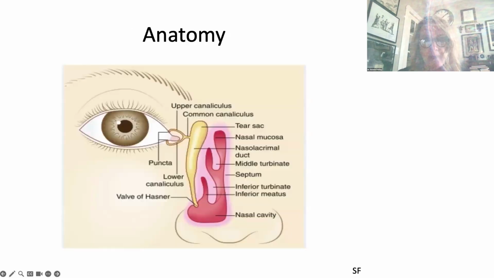A brief look at the anatomy of the lacrimal system is demonstrated on this slide. There's an upper and a lower punctum in the medial part of each eyelid. These form an upper and lower canaliculus, which extends in about 90% of individuals to form a common canaliculus as it enters the lacrimal sac, and about 10% of people lack this common junction before entering the sac. The sac then moves downward, goes through the maxillary bone in the section called the lacrimal duct, and then this empties into the inferior meatus of the nose under the inferior turbinate, where there is a structure called the valve